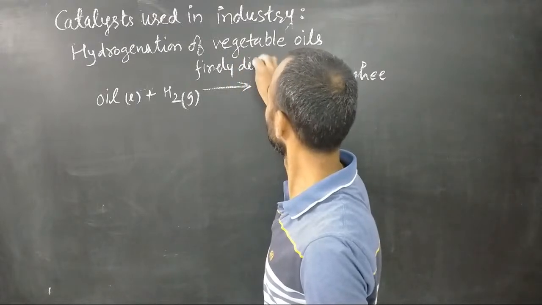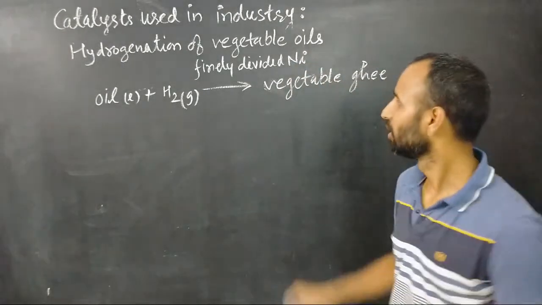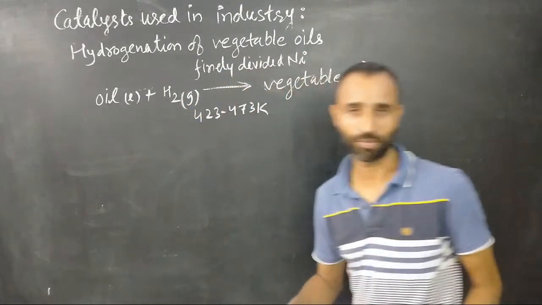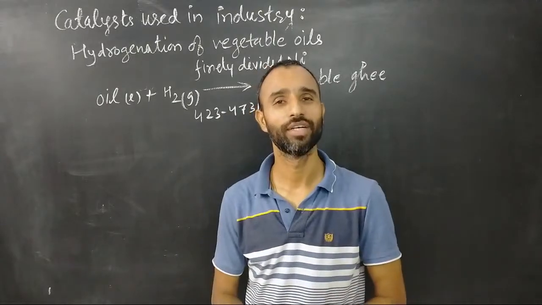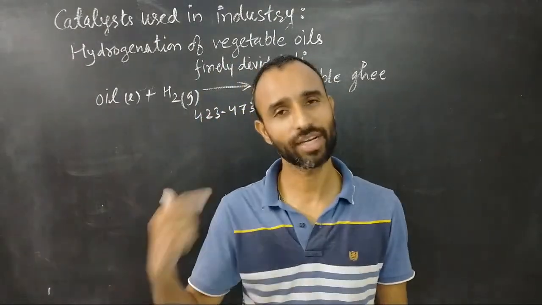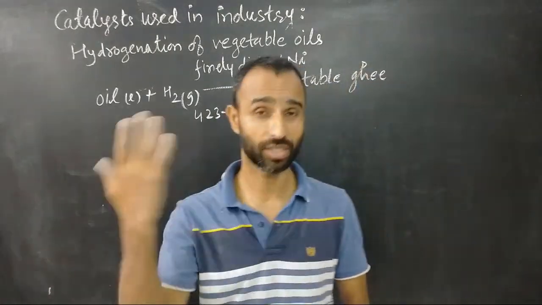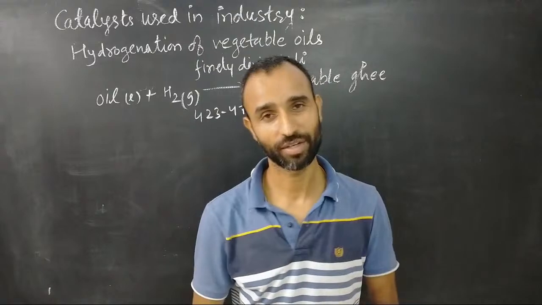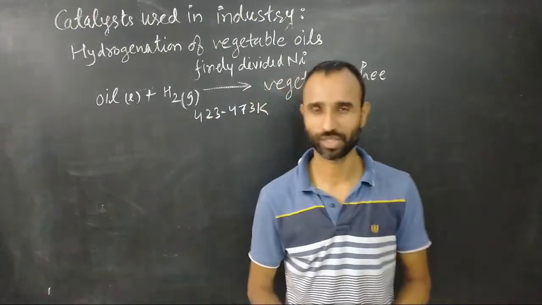ओके, तो इसके प्रेजेंस में होता है, इट इज फाइनली डिवाइडेड निकल, इवन प्लेटिनम, प्लेटिनम भी यूज कर सकते हैं, है ना, एट 423 to 473 केल्विन टेम्परेचर। ओके, सो इतना ही करो। दीज आर द कैटलिस्ट यूज्ड इन इंडस्ट्रीज। और आप कोई भी ले सकते हो, बहुत सारे एग्जांपल्स हैं, बट ये जो सारे हैं दे आर इन आवर क्लास 12 सिलेबस। इसलिए सल्फ्यूरिक एसिड आएगा आगे, नाइट्रिक एसिड बनाने के लिए आएगा पी ब्लॉक एलिमेंट्स में, ठीक है ना। फिर हेबर प्रोसेस भी पी ब्लॉक में आएगा, है ना। उसमें बहुत सारे रिएक्शन आएंगे जो कि इंडस्ट्रियल यूज है, तो वहां से भी ले सकते हो एग्जांपल।